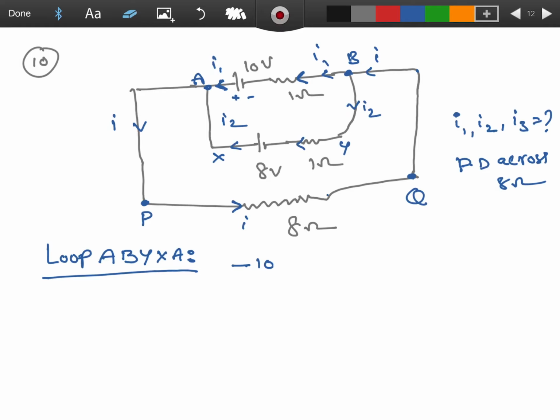sorry, minus 10, this will be plus 1 I1. Why? Because current direction, your loop direction opposite, you are going like this, current opposite direction, plus I1. But coming to this 1 ohm, here current is coming Y to X, your motion loop direction also Y to X only, minus I1, minus I2,